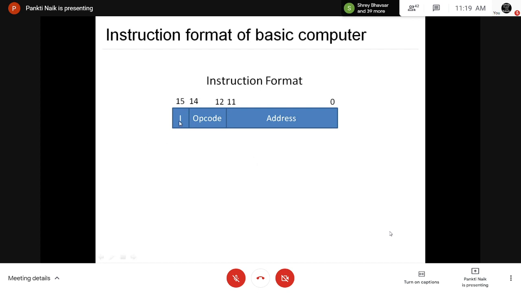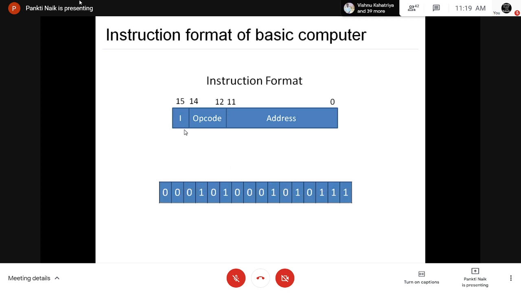So here the last bit is used to specify the direct and indirect instruction format. The first 12 bits are used to specify the address, then bits 12, 13 and 14 are used to specify the opcode, and the 15th bit is used to specify the instruction type, indirect instruction or direct instruction.